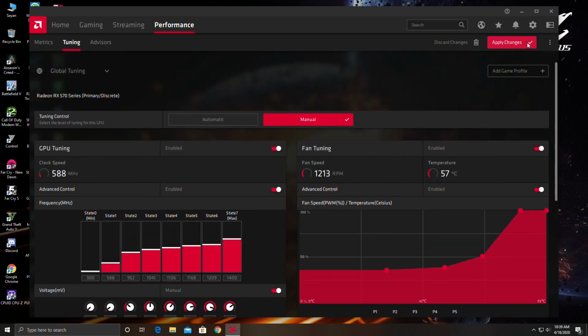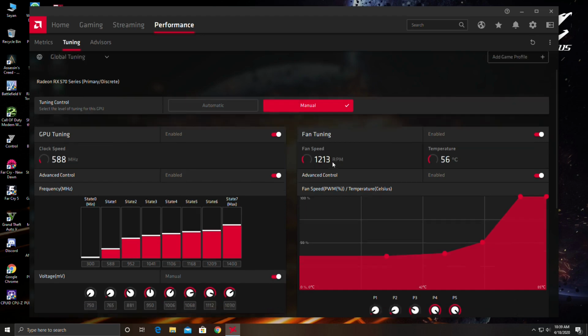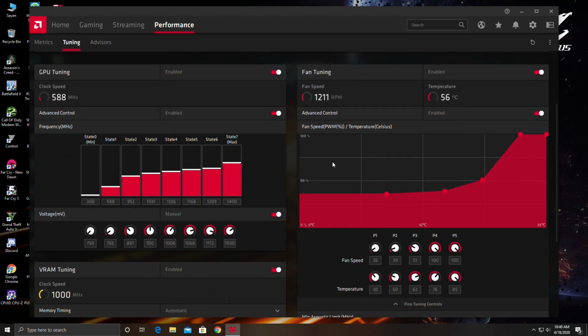Let me tell you why I have done that. I have tried various settings and I found this is the most stable setting I have found till now. The reason I set it to 1030 is because your GPU doesn't need that much voltage.